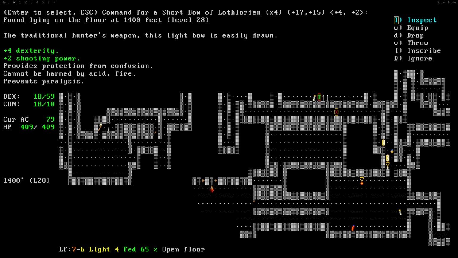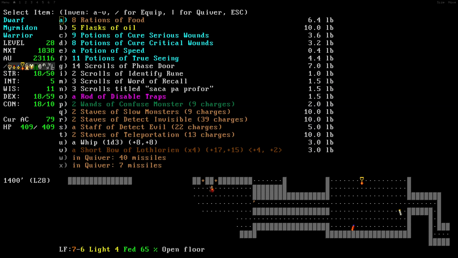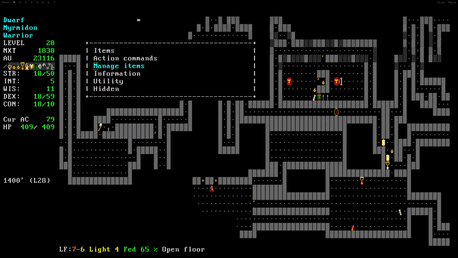Light bow is easily drawn. Traditional hunter's weapon. So what does light bow mean? Does that mean it has less range? Prevents paralysis. Protection from confusion. Whoa, protection from confusion is sweet. And paralysis, I suppose, although I think you get that anyway as some kind of thing. That's x4 speed. So okay, so what was...